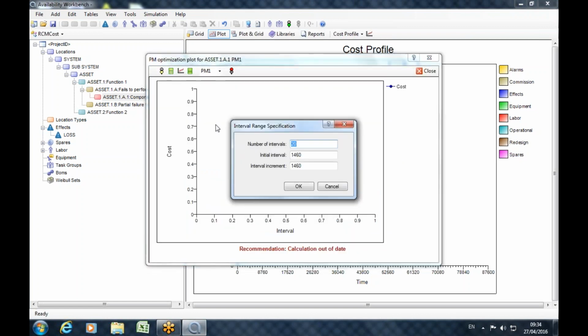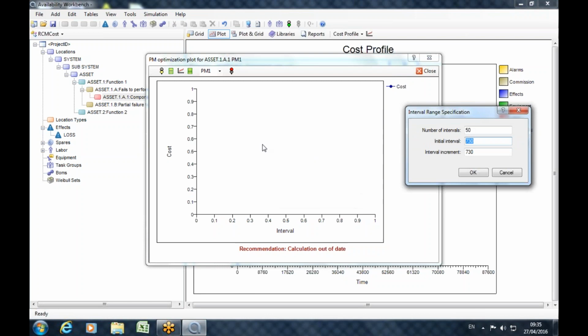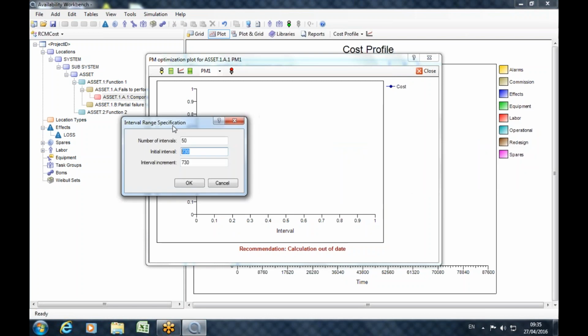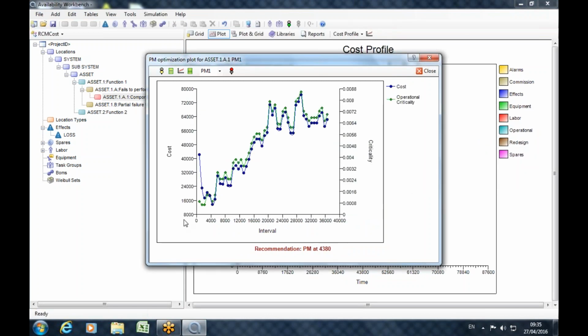We could tell the program we want to try 50 different maintenance intervals at 1 month increments. So here what will happen, the program will do a complete simulation of this cause with a maintenance interval of 1 month. Then it will repeat that process with an interval of 2 months, and so on up to 50 months. And then it will plot the cost of the cause against the interval that we've tested. So then we run that, and you can see the program is recommending that we do the maintenance every 6 months. So if we accept that recommendation